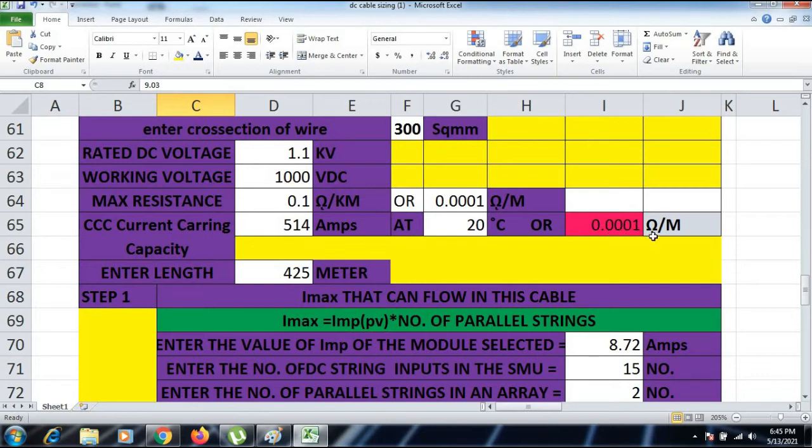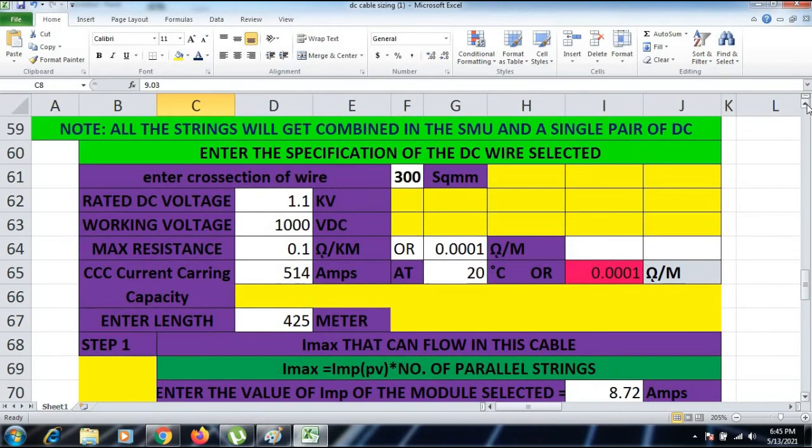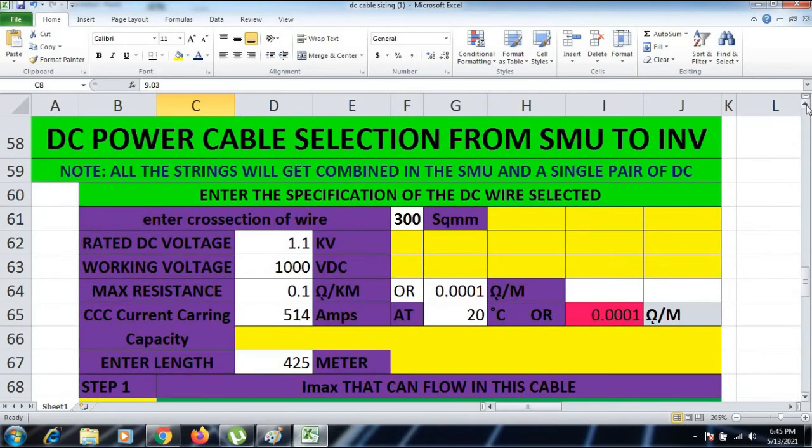Suppose we are going to extend that cable 425 meters. The same thing you have to see here. You have to calculate the current carrying capacity of that particular cable. How will you calculate it? By knowing the Imax. So how will you calculate the Imax? Imax is equal to IMPV into the number of parallel strings.